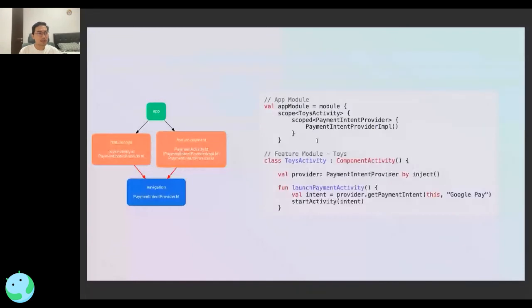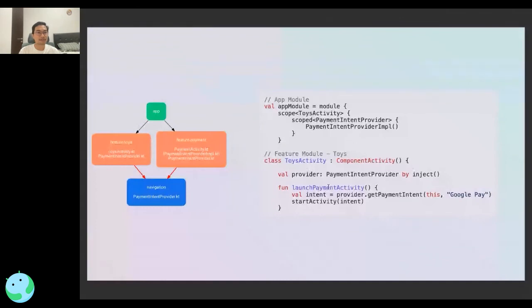But how can the toys module get an instance of the payment intent provider? We can use, again, dependency injection. Remember that the app module has access to all modules? Well, we can define the payment intent provider in the app module. In this app module, the payment intent provider implementation is the implementation of the payment intent provider, and this will be used by toys activity. Now, the toys activity can get the instance of the payment intent provider and then can launch the